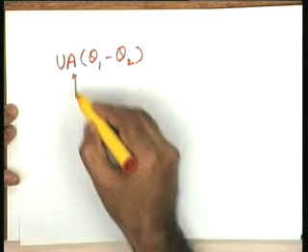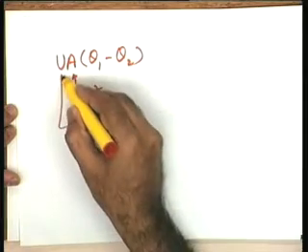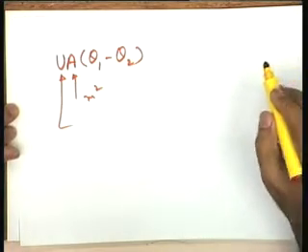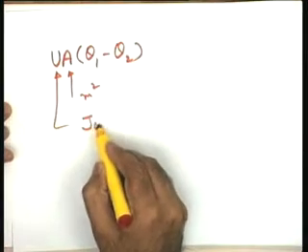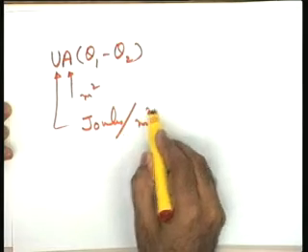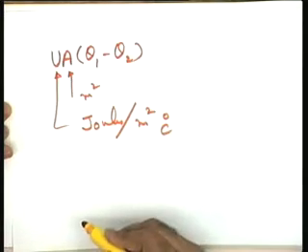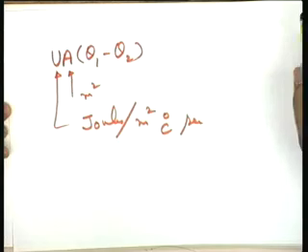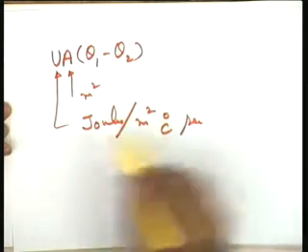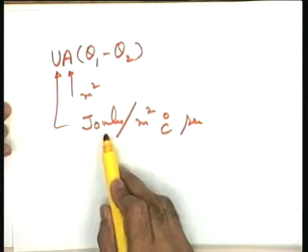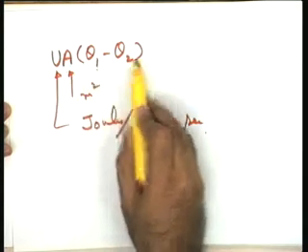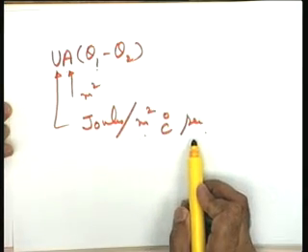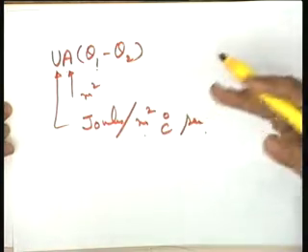Recall the units A in meter square and U is the film coefficient. The film coefficient at the liquid solid interface. Yes, what should be the units please? Joules per meter square, degree centigrade, seconds. You can see that this is the unit for this particular U. Now you please see that UA theta 1 minus theta 2 will turn out to be in joules per second. This is the rate at which the heat through convection process is going to the liquid in the tank.